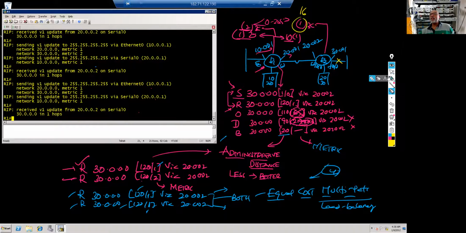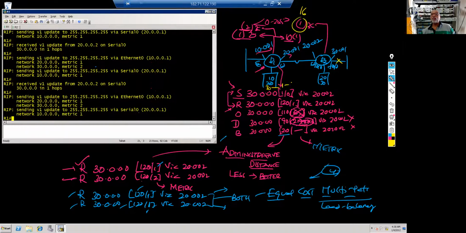Right? Then what happens in my routing table here? 30 network is now one hop via serial 0. It will show it as possibly down. But I'll not remove it. After 180 seconds, I'll wait. At 240, I'll delete this route.